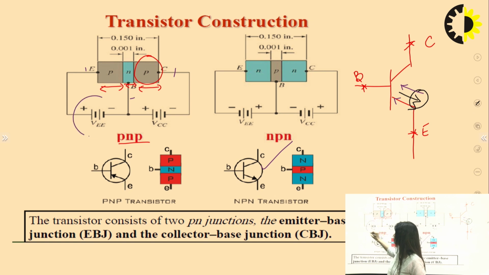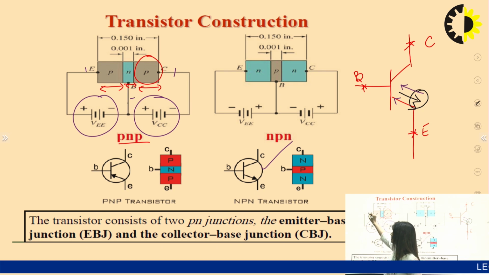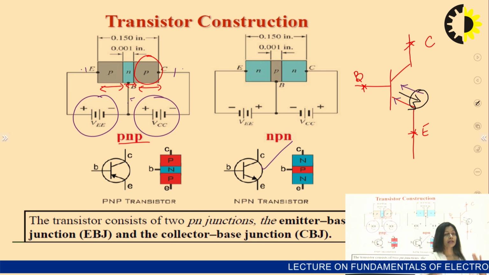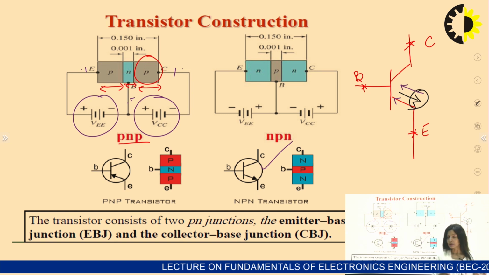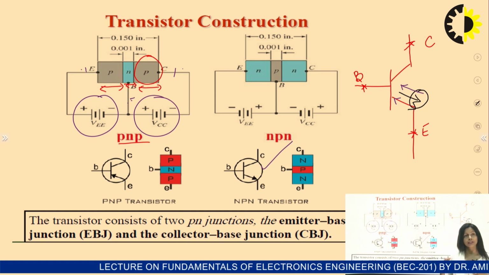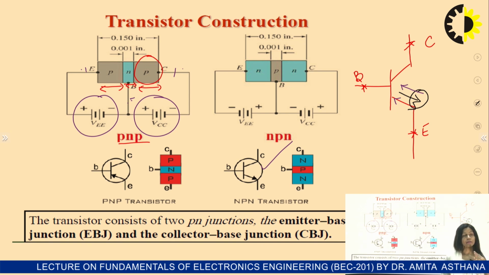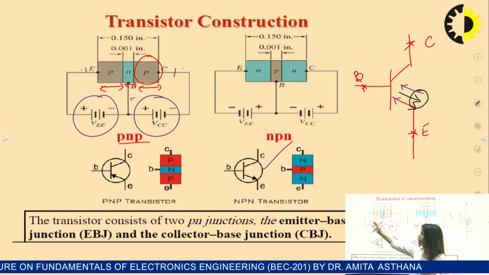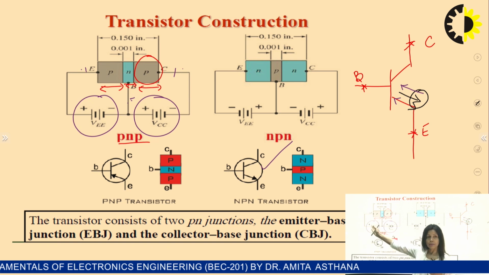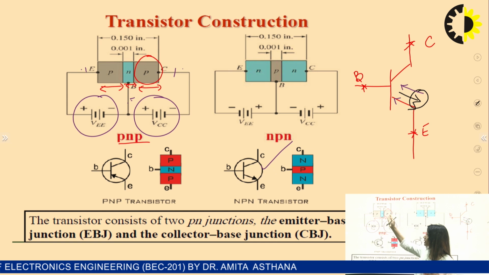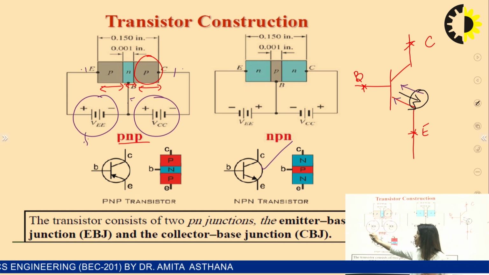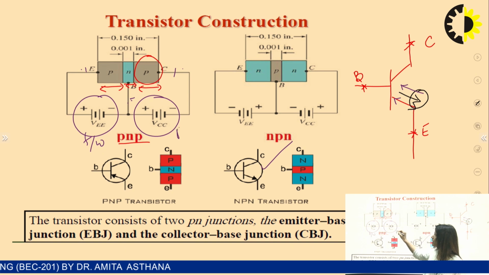So here the voltage we can apply is between the emitter and base, and the voltage applied between the base and the collector. There are many modes of the transistor depending on the biasing we have applied. Like if I am connecting a PNP transistor, with P type to the positive and here P type to the negative, that means I am making it absolutely forward bias and I am making it absolutely reverse bias.